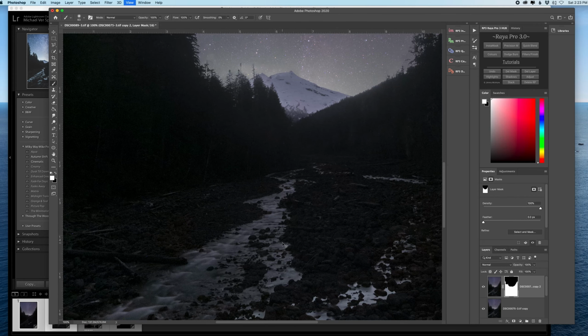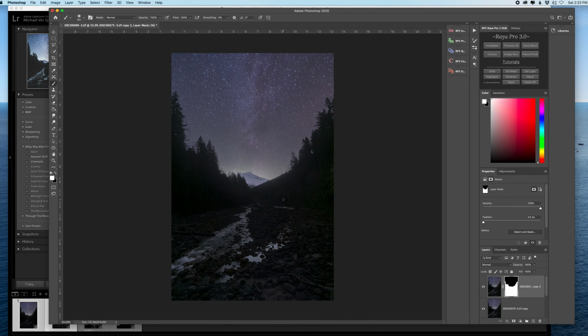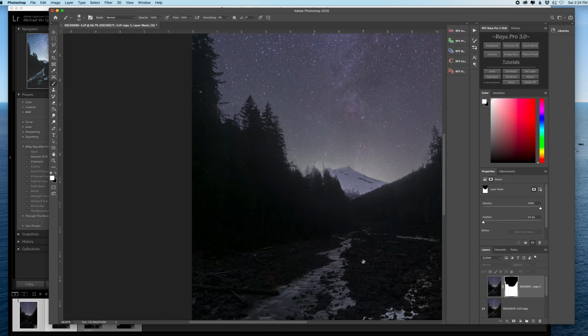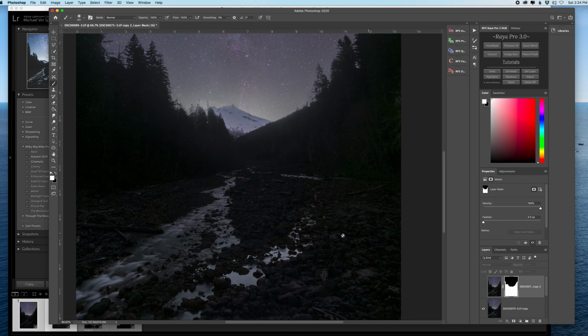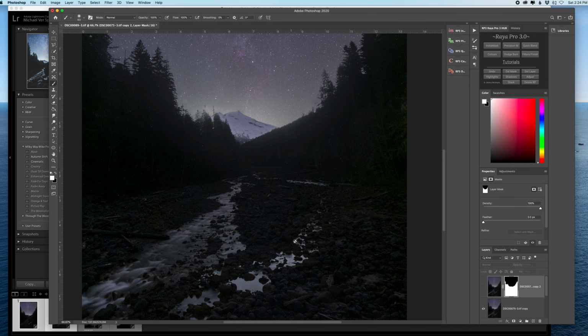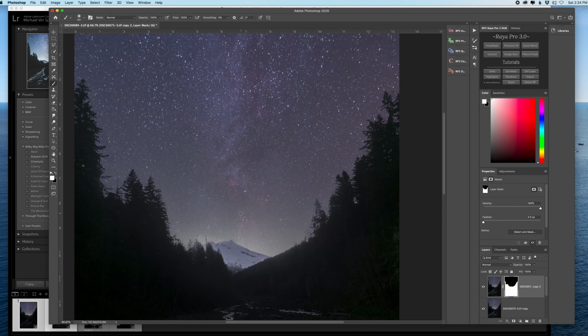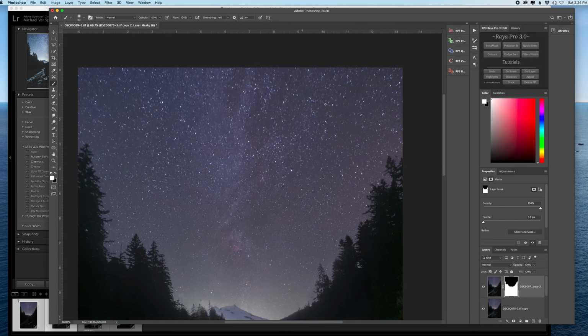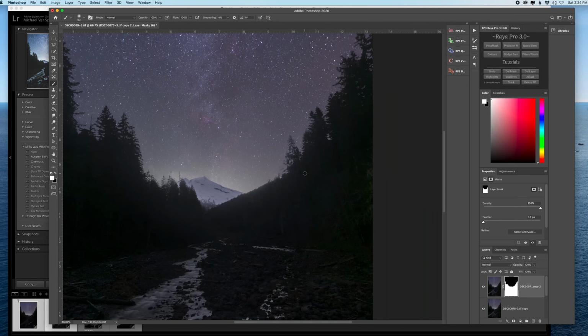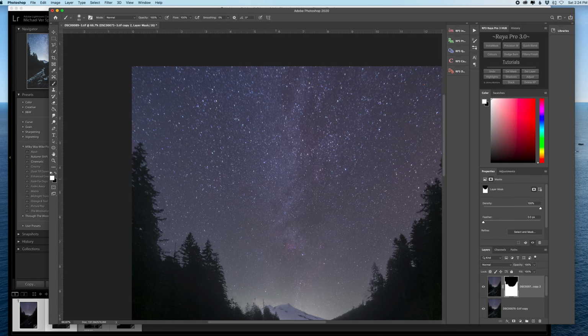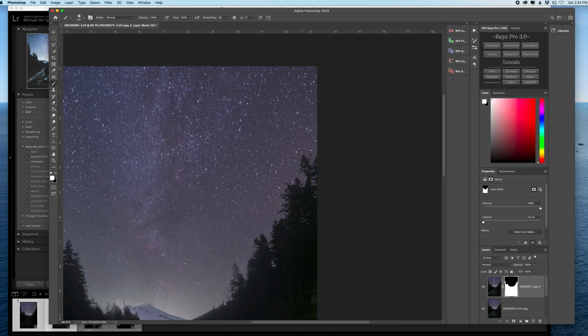Now for anything that the dust and scratches didn't pick up, just clone out. But as you can see, I didn't have to spend a gazillion hours trying to get rid of all these hot pixels. I just did that dust and scratches and fine-tuned it, so I kept the detail of my foreground, but was able to remove all of those hot pixels. So it's a great tool to use on those, but just be careful with your stars because it will remove those as well. Some people like to do that and kind of focus on dust clouds, but